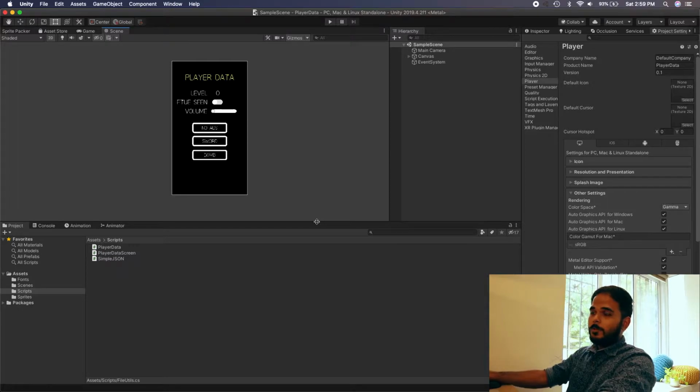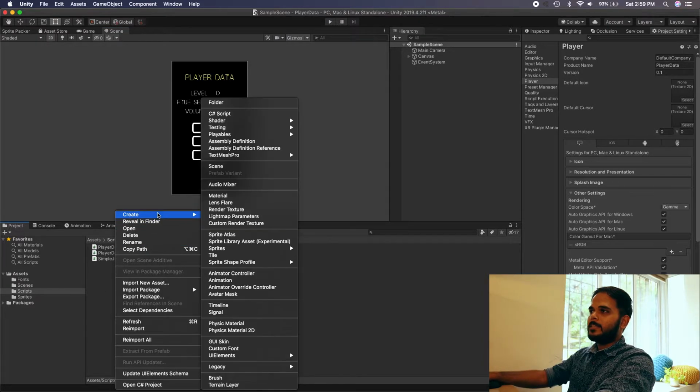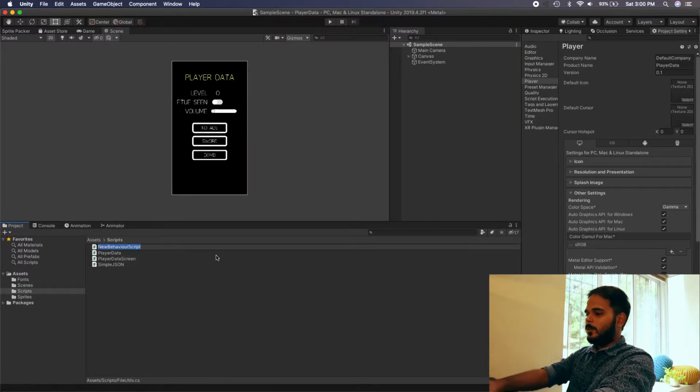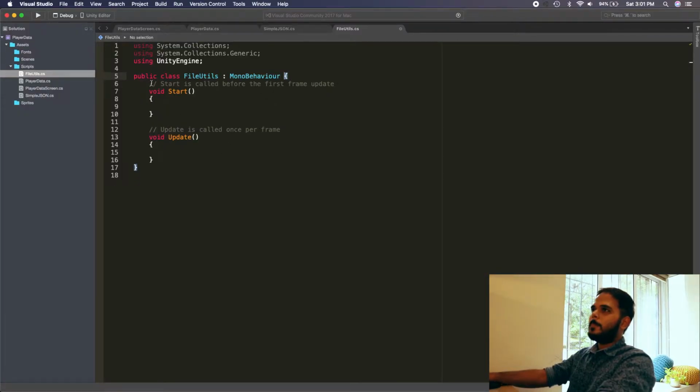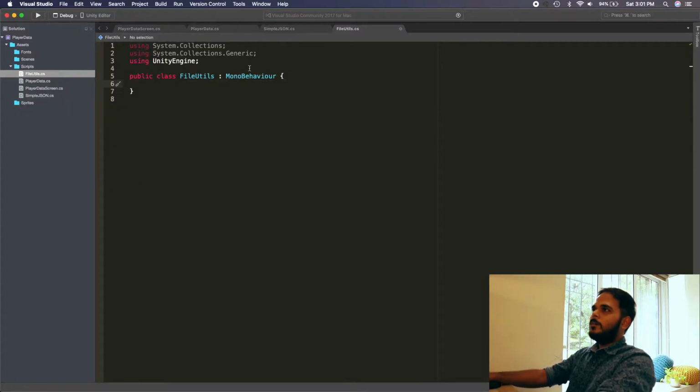So now the first thing we want to do is create a script that can have the functionality to read and write to a file. So let's create a C# script, call it FileUtils, open it up, and let's clean this up a bit. So we don't want this to be a MonoBehaviour, and it will just be a static class.